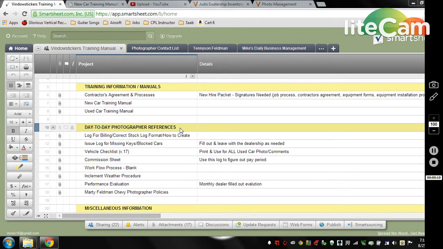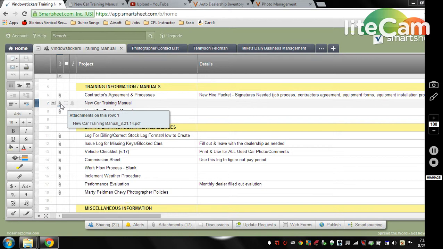The next section we're going to go over here is how to navigate Smartsheets and how to find the correct folders that you're going to utilize while working for AutoNet Tools. So first we have our new car training manual. This is for any new photographer, and this is basic information on everything from